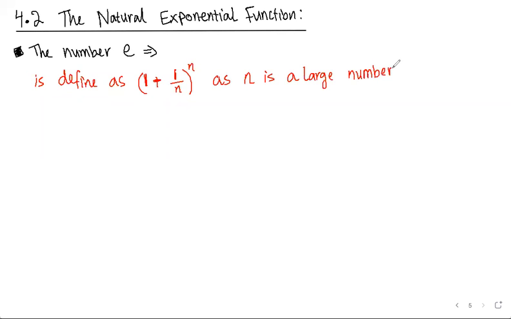You don't have to memorize these things, but I'm going to explain how we can find e from this. So for example, if this is my n, this is for 1 plus 1 over n to the n. Here, if I choose, for example, 1, 2, 5,